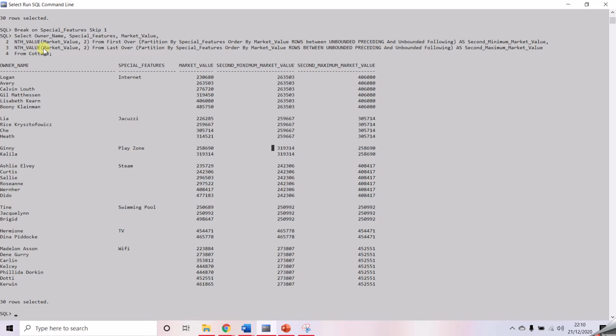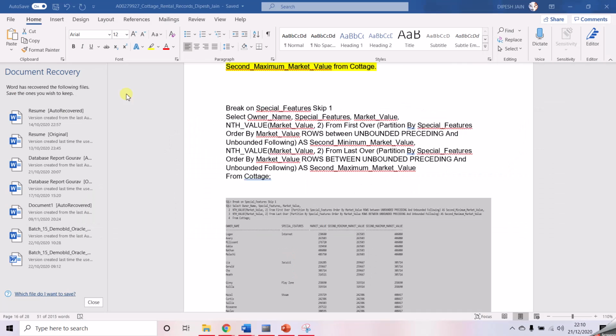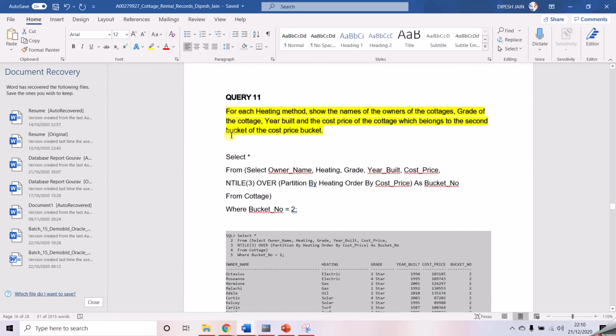And for the second maximum value, it is from the last. From the first for internet, from the last is 406080. So here the second maximum value is 406080, which will be printed for all the owners for different special features. Moving on to the next query.